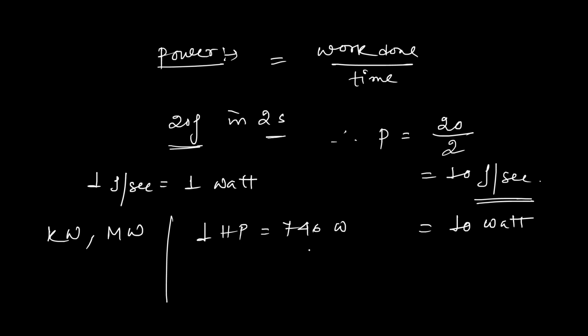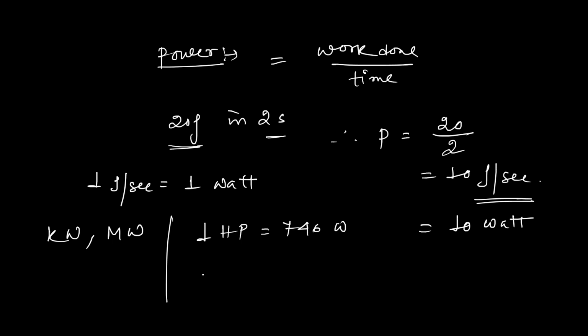Now we are going to study the difference between work done and power. Work done means you are applying some force on a particular object and it moves by some distance. That is the measurement of work done. But what do you mean by power? It is the work you have done in a particular amount of time. So the concept of time is involved. We can say that work done does not depend on time, but power depends on time. The unit of work done is joule, but the unit of power is joule per second.